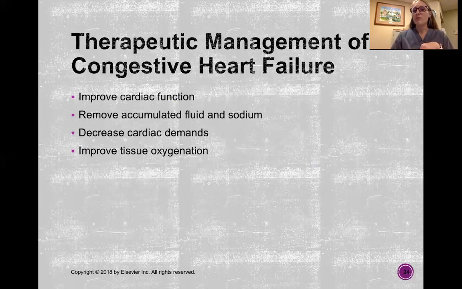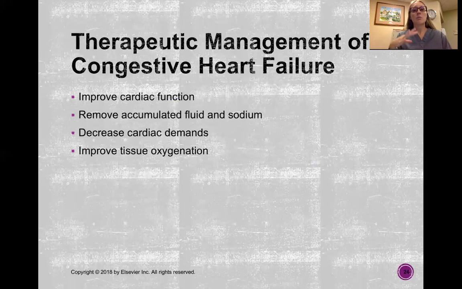We're going to remove the accumulated fluid and sodium, so diuretics. And of course, we're going to watch our potassium with our diuretics and use the appropriate medication if the child has low potassium. Decreasing cardiac arrhythmias. We want to make sure that they're not experiencing any cold stress, and that we're going to treat any infections,